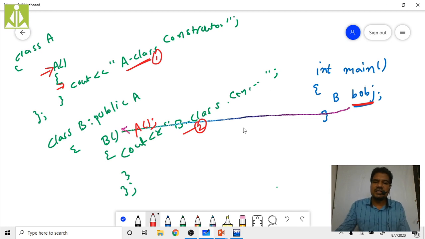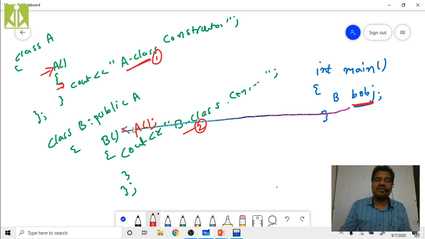So first B class constructor call, then A class constructor call. Even though the derived class constructor will be invoked first, the base class constructor will complete its execution first. Which constructor will complete its execution first?